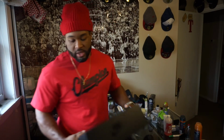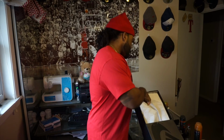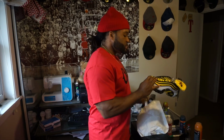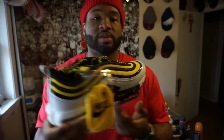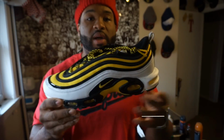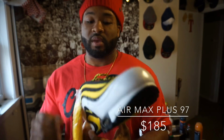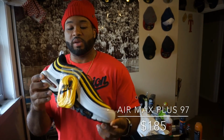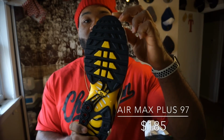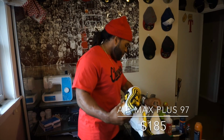And the final pair that is up for sale, these are the Air Max Plus 97s. These are size 11 also, dead stock. I love that black and yellow. Size 11. So most of the shoes he wears my size 10, well he wears a 11.5, and I wear a 10.5, 11. So most of these shoes I can fit and keep, but I'm not going to be keeping